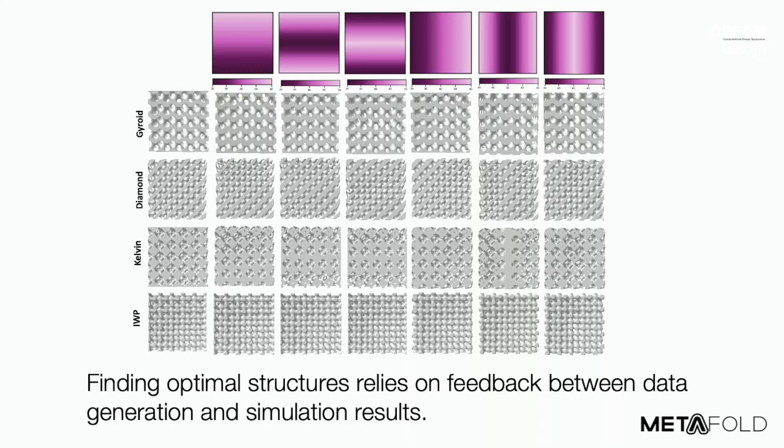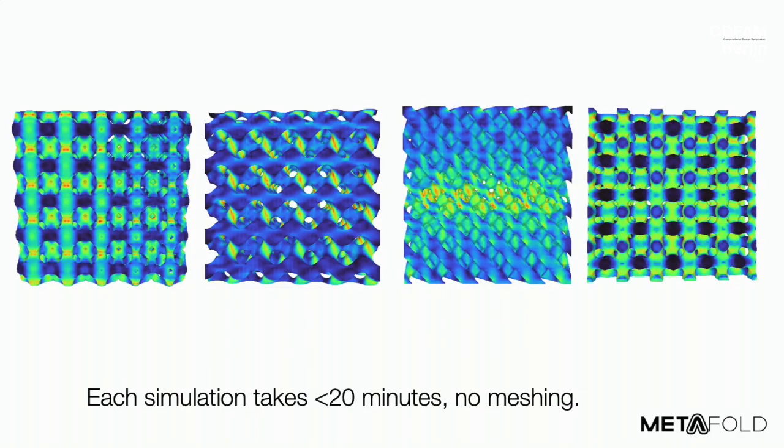So in this case, my colleague was interested in the effect of different lattice geometries and relative gradations on the energy absorption of the lattice. So she created this, again, small data set, 28 different lattices with 4 different lattice geometries and 7 different grading density profiles. The next step was to run compression simulation, and I'm going to say meshless. I know that's controversial, but there is no tetrahedral mesh involved. Let me at least say that.